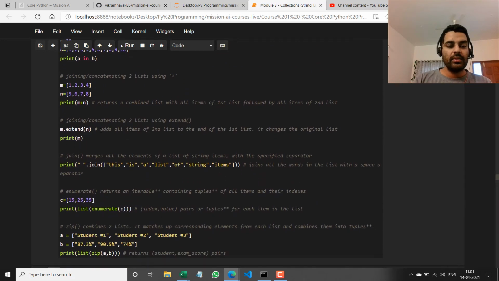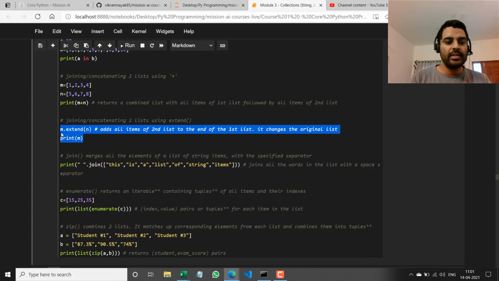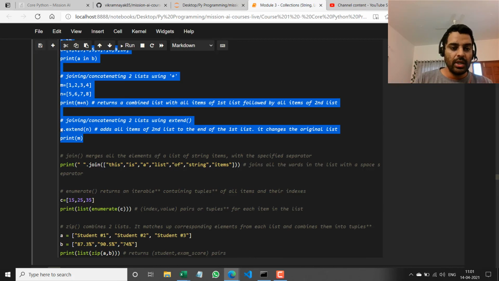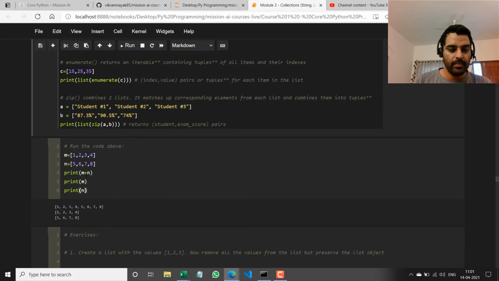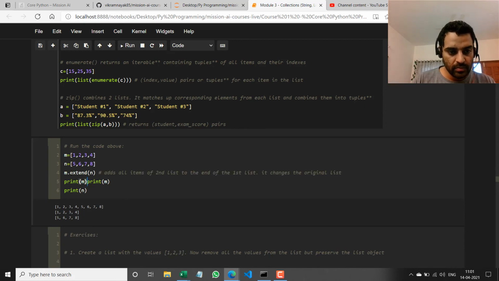Now another thing to do, where we want to add the elements of list 2 to the elements of list 1 and actually change list 1, is the extend function, right? So we had these M and N, right? And now let's see how we can use the extend function to add these elements to M. So I have 1, 2, 3, 4 in M, 5, 6, 7, 8 in N. Now if I do M dot extend N, what I'm saying is